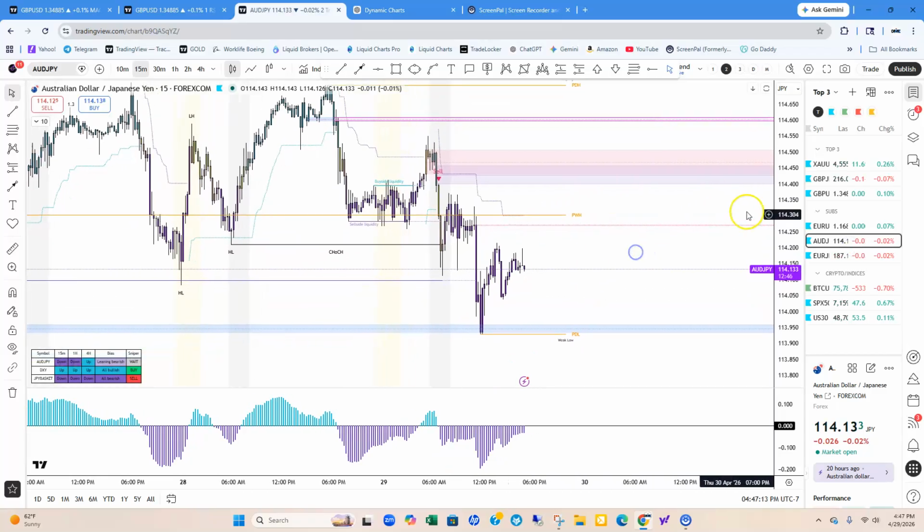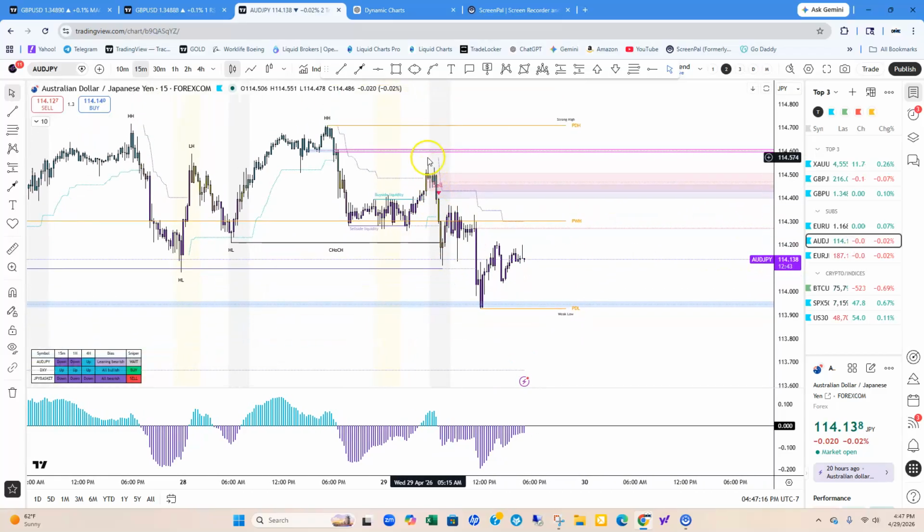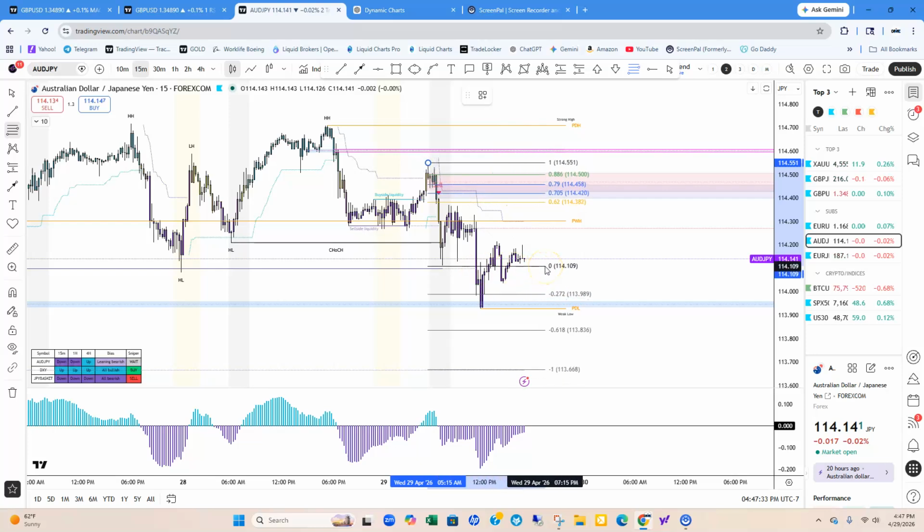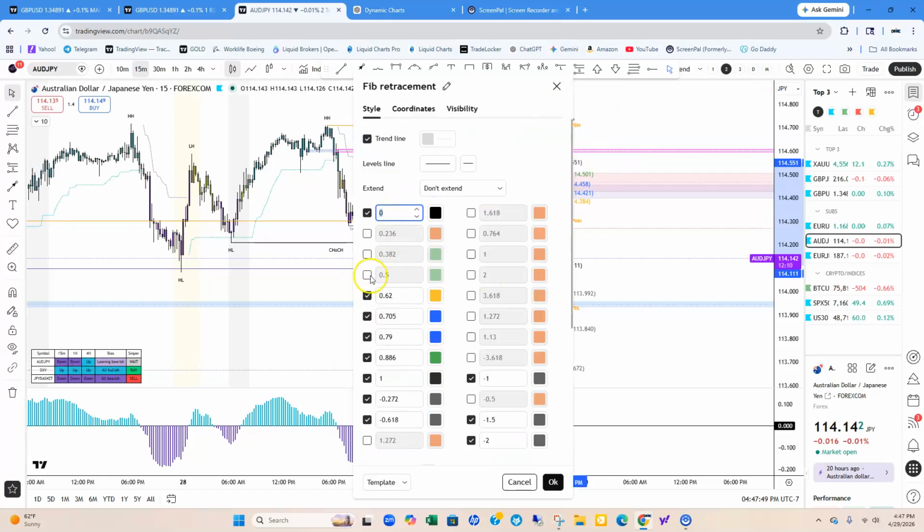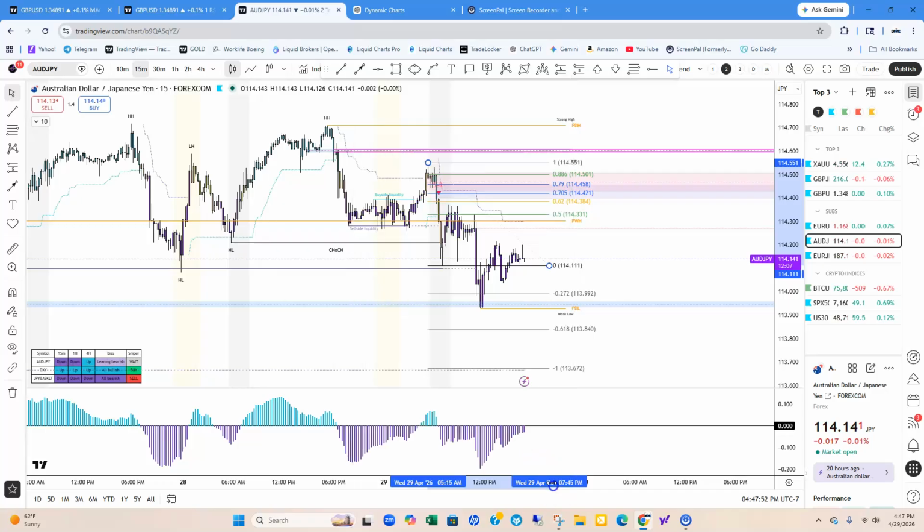Looking at AJ, we did get an impulse down going into New York. Or I won't say going into New York, but this is my trading time window. So again, just grabbing the fibs from that high to the low. And as you can see with AJ, it didn't pull back into these premium fibs here. But that's why I was saying, not every pair is the same, right? So if you wanted to add the 50, which is fine,